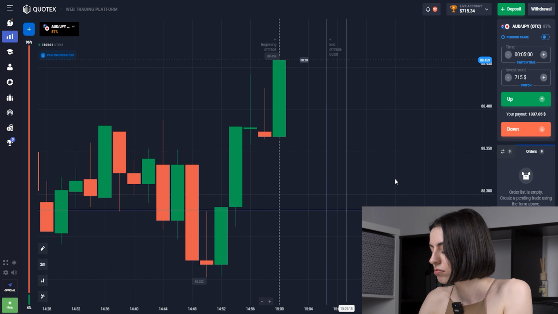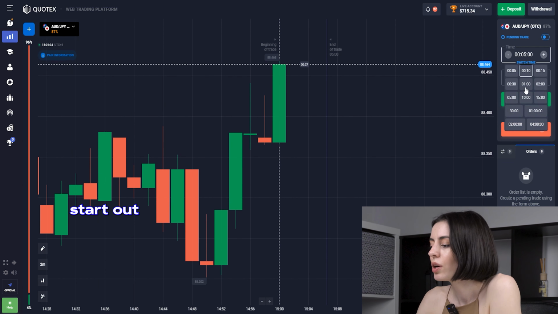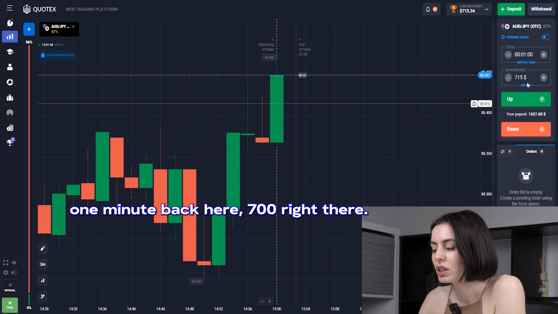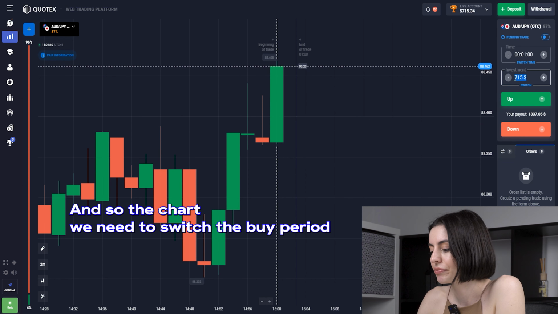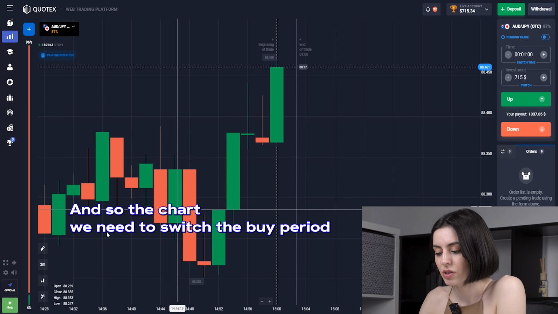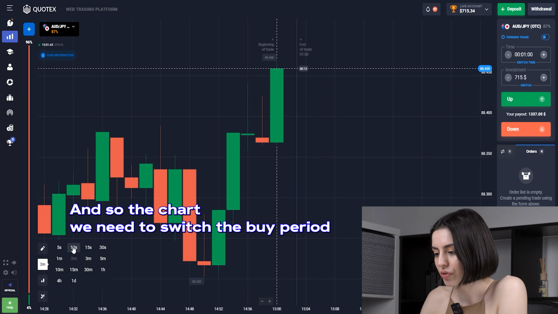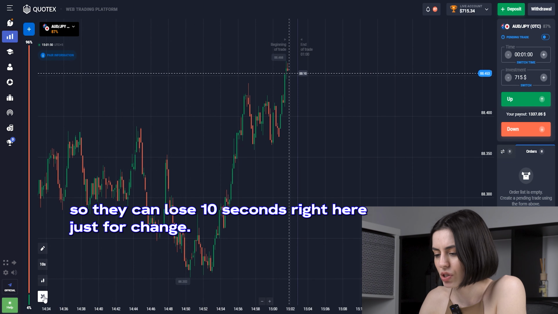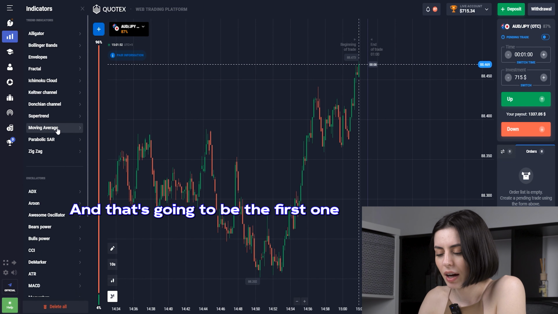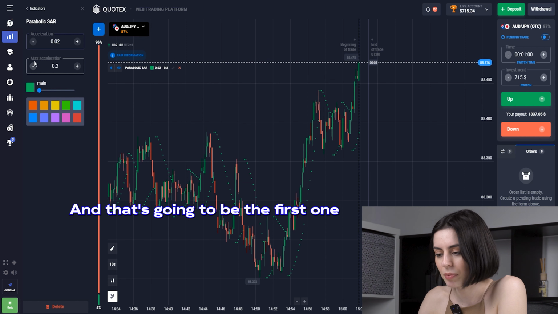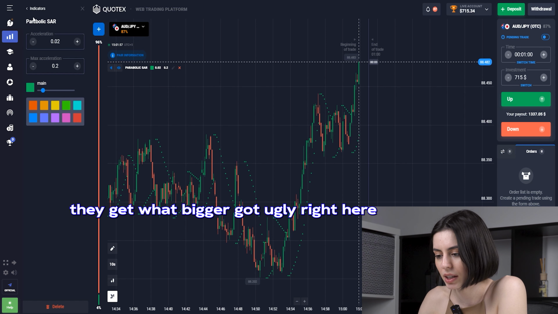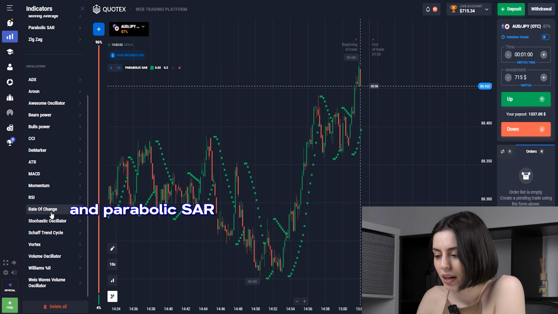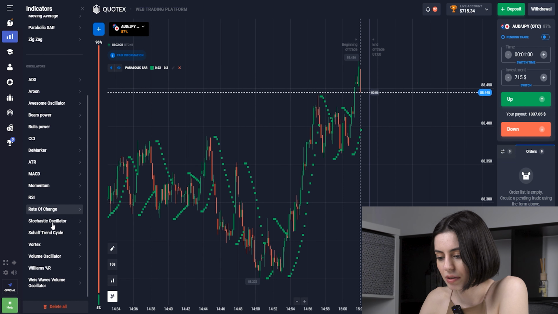Let's start. 1 minute right here, 700 right there. This is the chart. We need to switch to the right period for the candles. 10 seconds right here, just for a change, and that's going to be the first one. I'm just going to make it a little bit bigger, it's quite ugly right here. And parabolics are